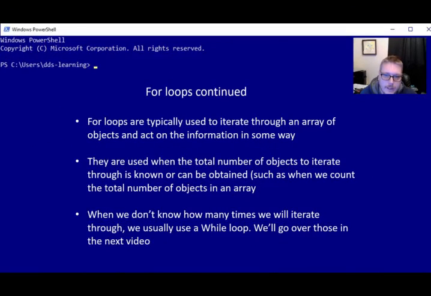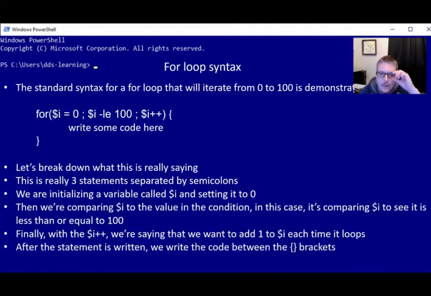So, moving on, for loops are typically used to iterate through an array of objects and act on that information in some way. They are used mostly when the total number of objects is known, or we can obtain it through something like Get, or with the length property of an array or a group of objects. When we don't know how many times we'll iterate, we'll usually use a while loop, and we'll go over those in the next video. I use them mostly in scripts for gathering user input and checking to make sure it meets certain conditions. For loop syntax, standard syntax is